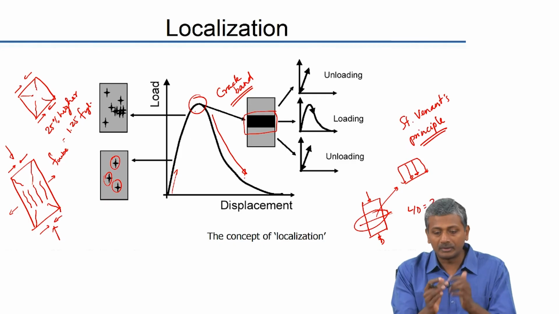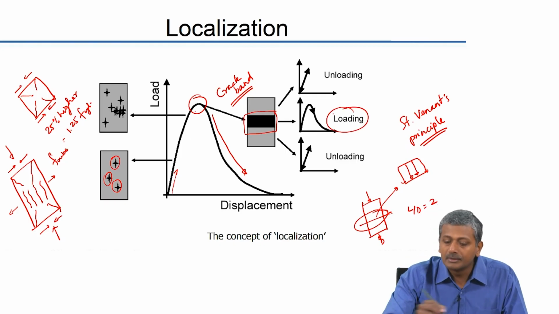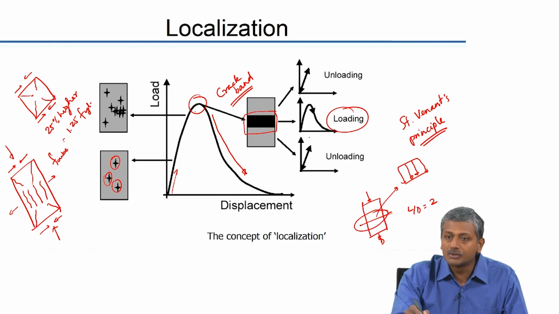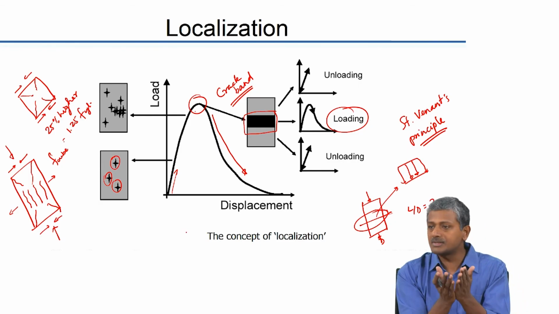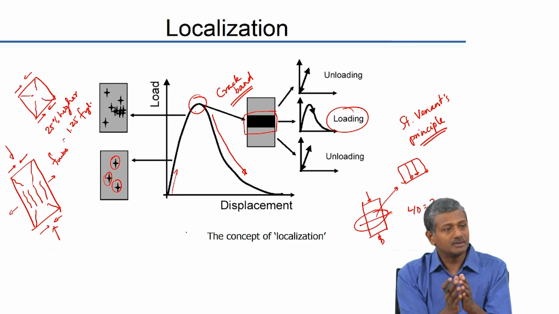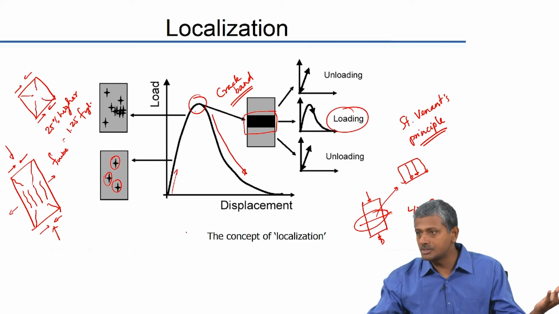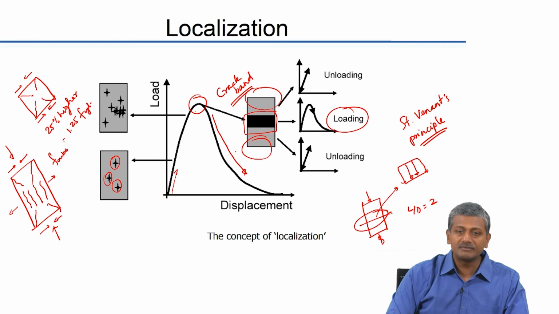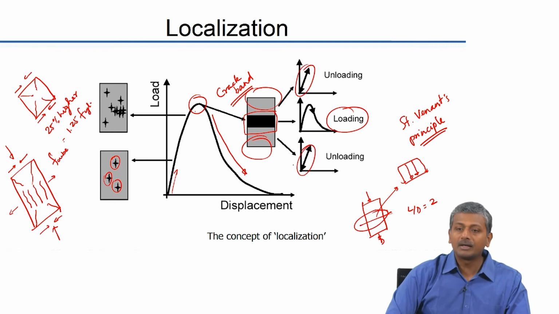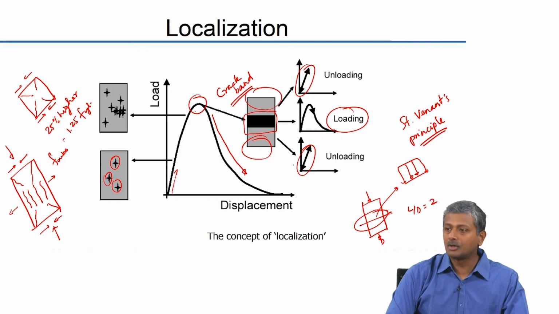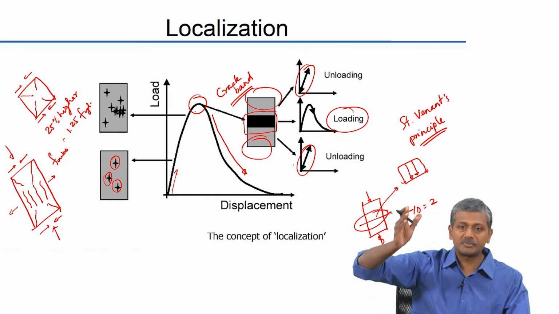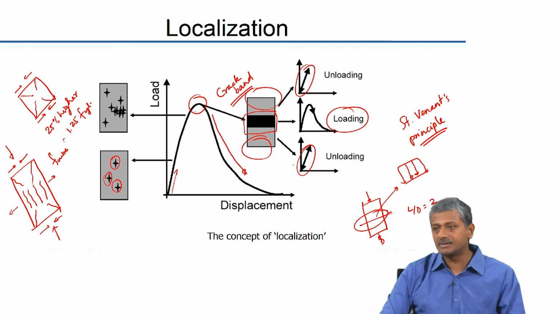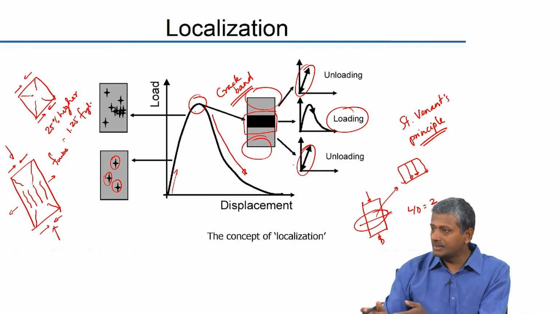The crack continues to open. So, essentially what is happening is this segment is still undergoing loading, although the level of load is continuously reducing. Okay. The crack continues to grow and the crack width continues to increase. Beyond a certain point, if the crack width is very high, the specimen cannot hold itself, it just crumbles, falls apart. But the other segments where the pressure has already been relieved may actually be undergoing unloading. Okay, they are not going to have any stress after the peak stress has been reached. Whereas in the local zone right in the center, you have a continuous loading